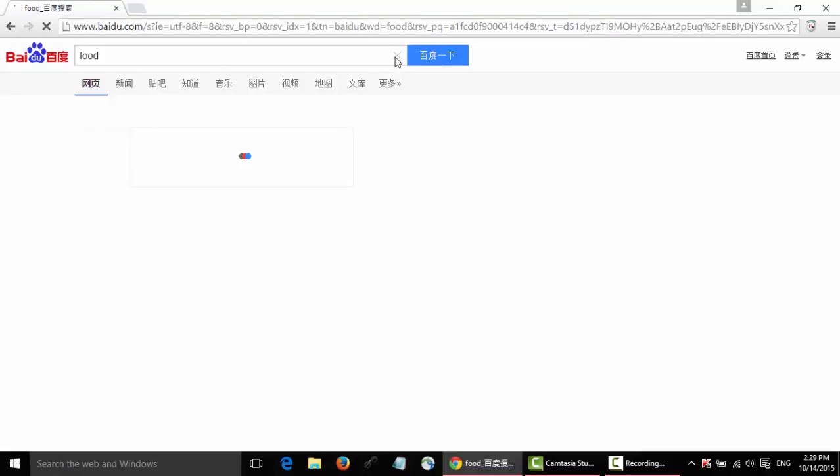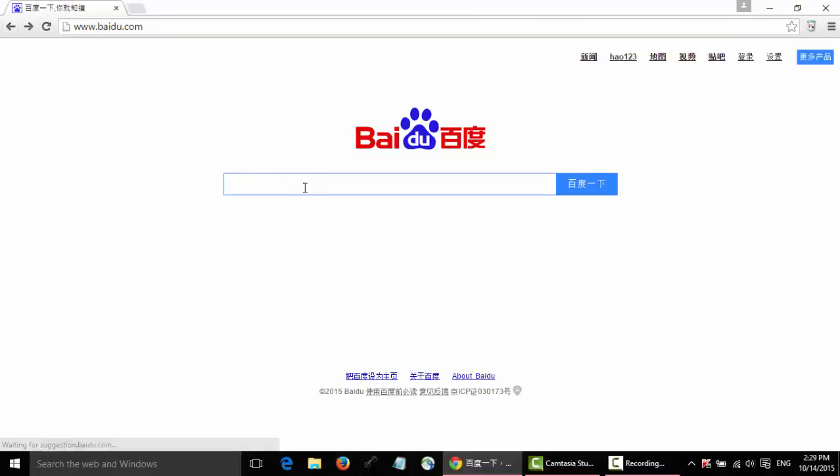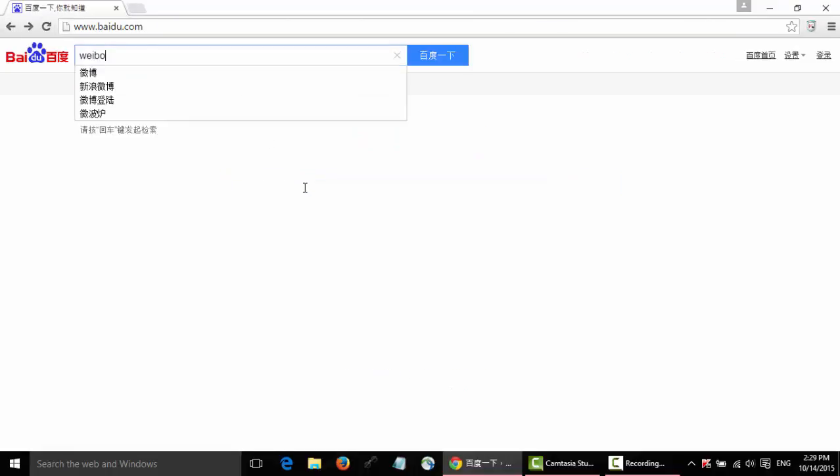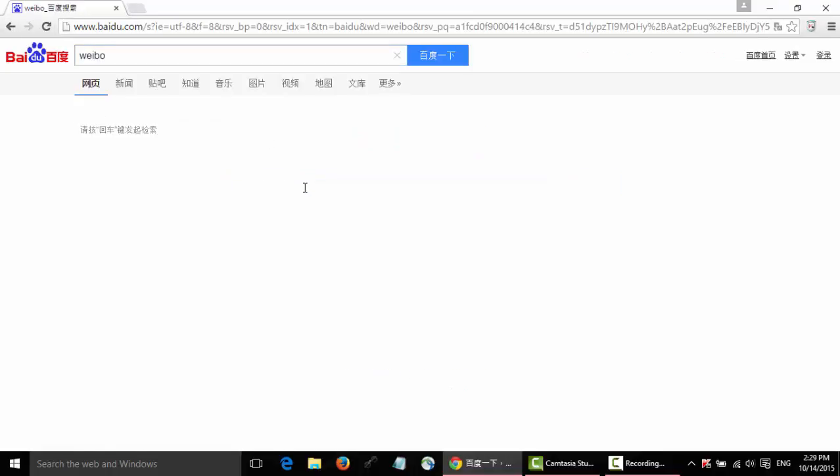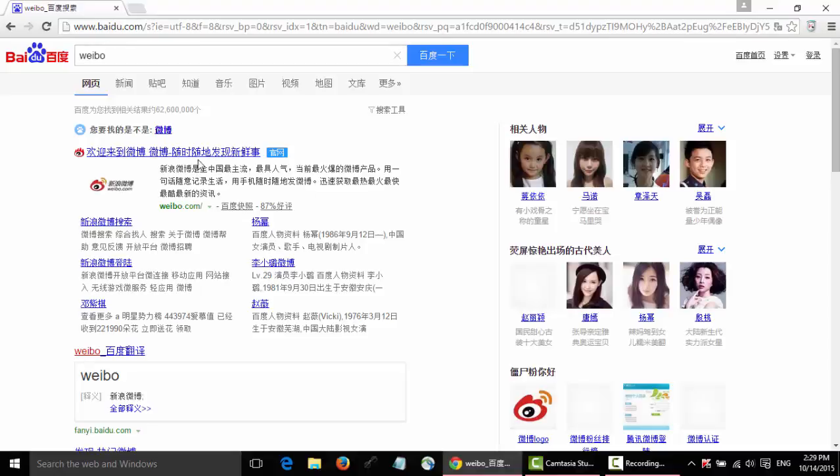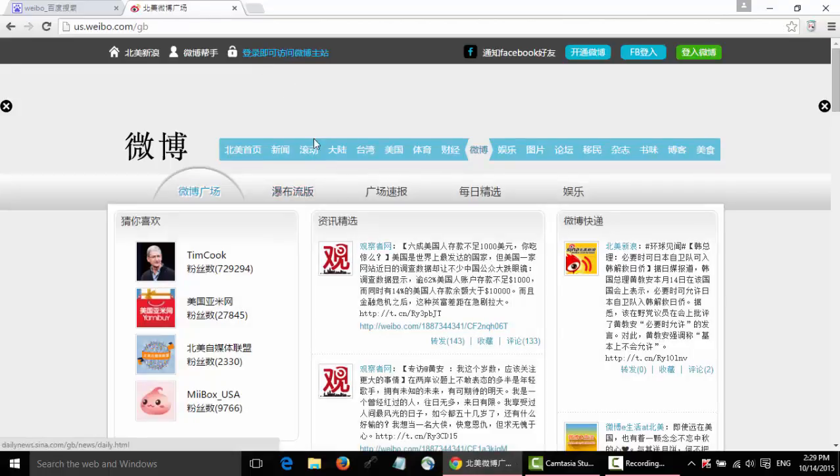Another research tool is Weibo. It has a lot of resources about recent things. We can research food about my people.